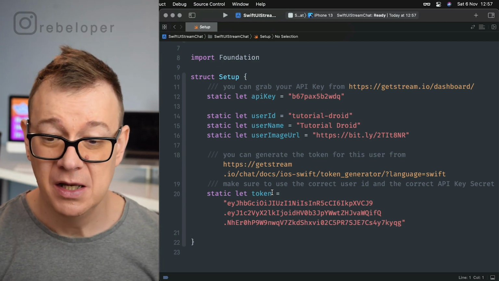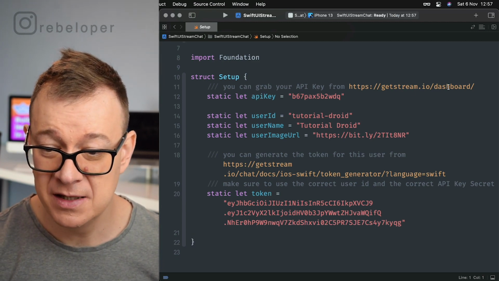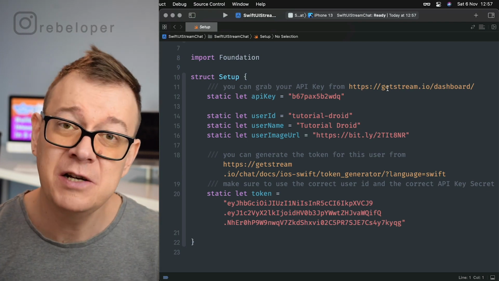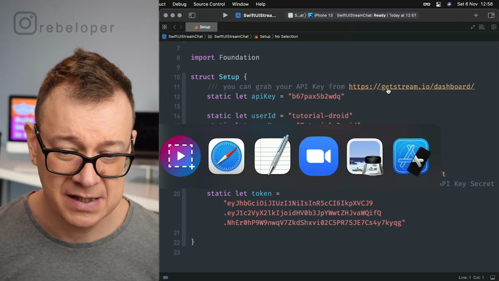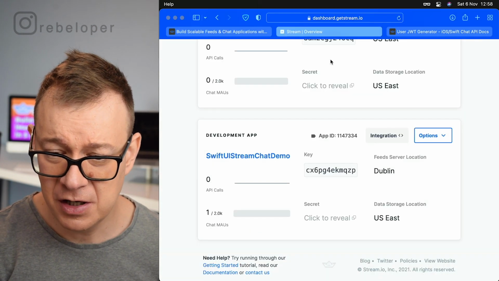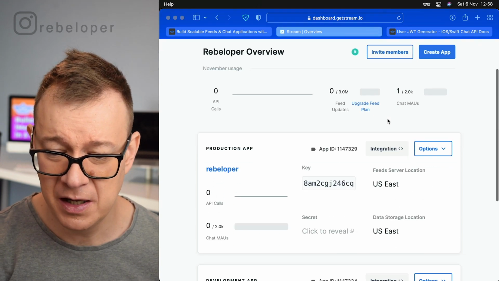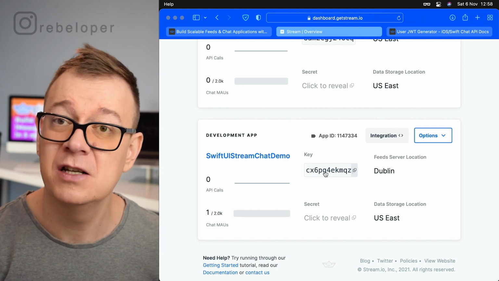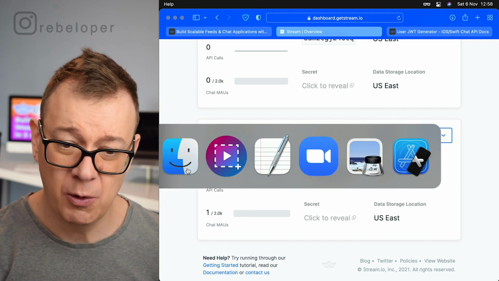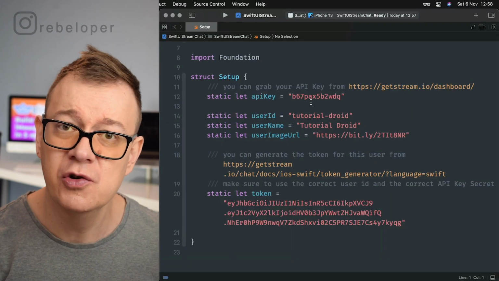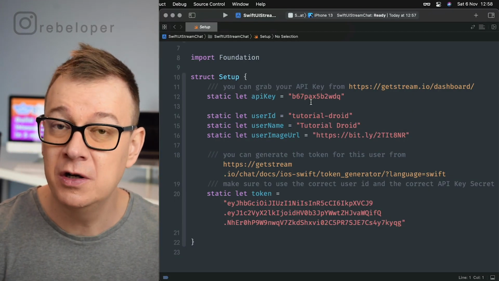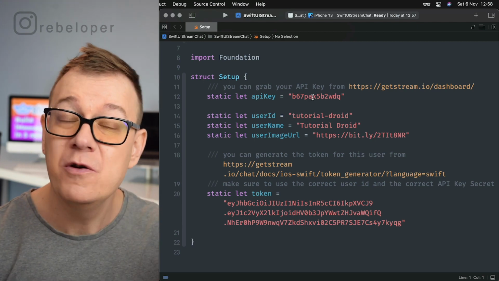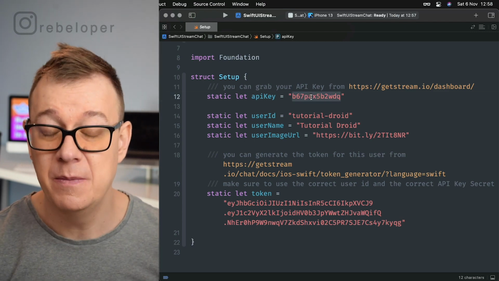So let's create them. The first one is our API key. You can get them at getstream.io/dashboard. If you just sign up, you will be taken right over here where you can create your API keys. And I already created one. Here you have your API key. That is what you want to copy out. Now I won't copy that out because we are going to use the demo tutorial that Stream has already set up for us. So when you are building this out, just replace your API key right over here.